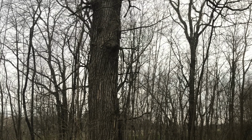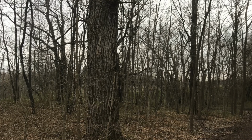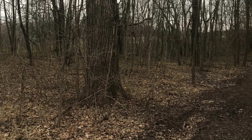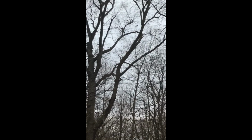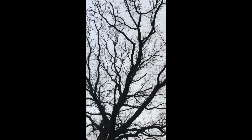Oaks, when they're leafed out, also host large numbers of insect larvae, which are an important food source for insect-feeding birds such as warblers, vireos, and thrushes. Black walnut is another mast-producing species sometimes found in oak-hickory forests. Wildlife in upland forests utilize resources other than mast at different times of year. Here, a fox squirrel eats bark and young buds off of a large hackberry tree in an oak-hickory to sugar maple forest transition. Historically, many oak-dominated forests would have had wide spacing between canopy trees, leaving large amounts of sunlight